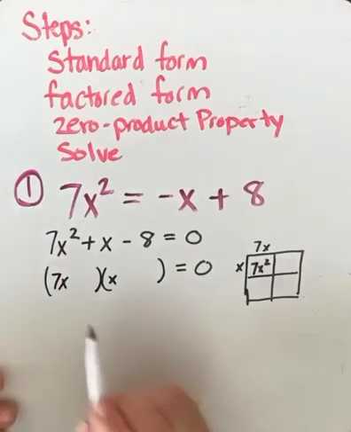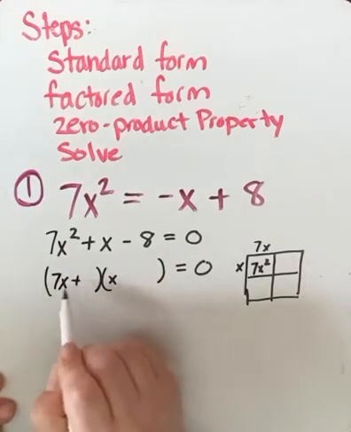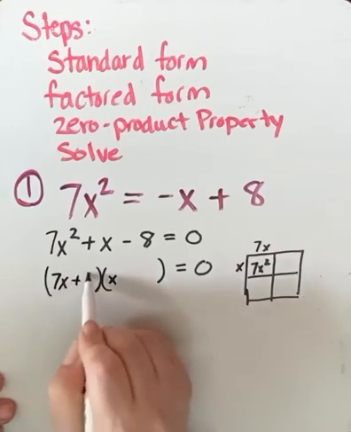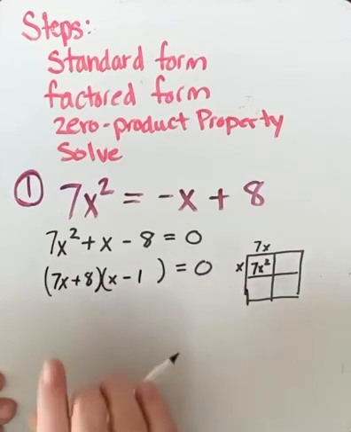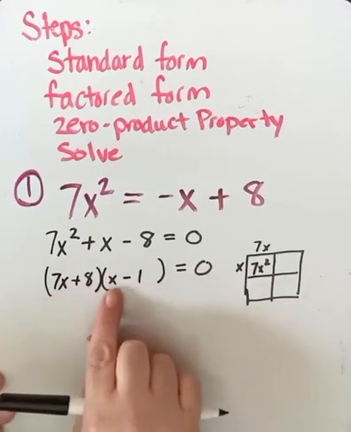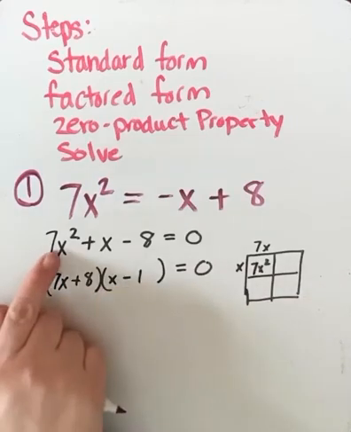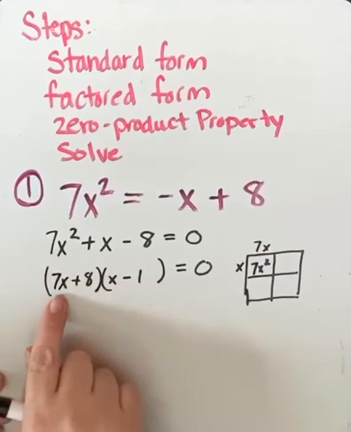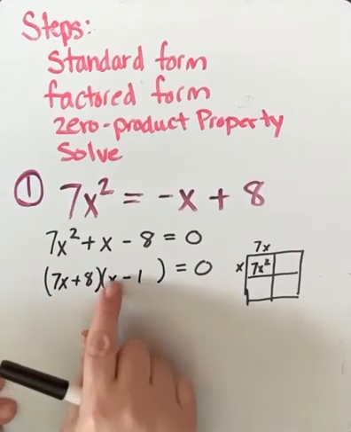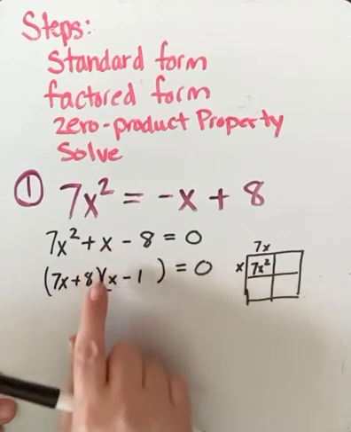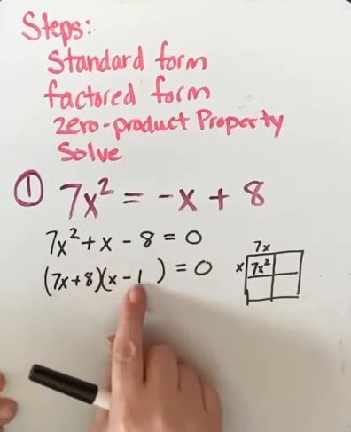After factoring, we find that the correct combination is 7x plus 8 and x minus 1. If we check, 7x times x will give us 7x squared. A negative 7x and a positive 8x would give us positive 1x in the middle, and 8 times negative 1